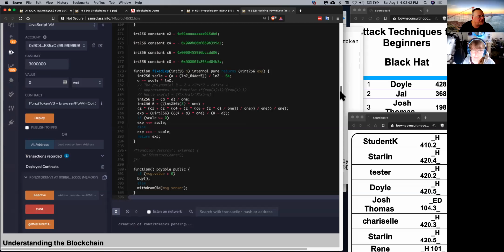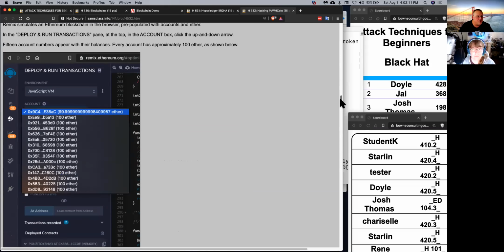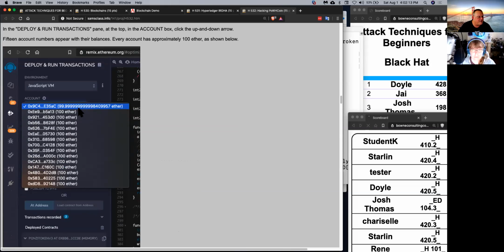And it rolls under and turns into a huge positive balance. And that technique was used to steal almost $1 million a while ago. So you can simulate that. You have these 10 simulated accounts, and you get to see how that attack works. It's a very simple language, and it's very easy to make simple mistakes in your Ethereum blockchain. So there's a few crypto projects to get you started. I'm going to save this and